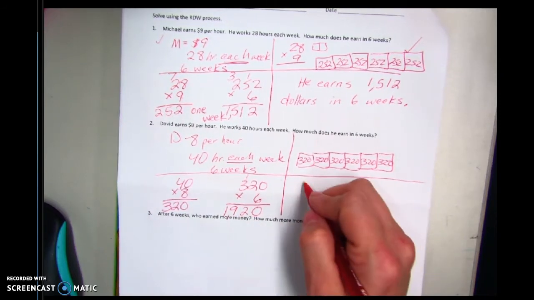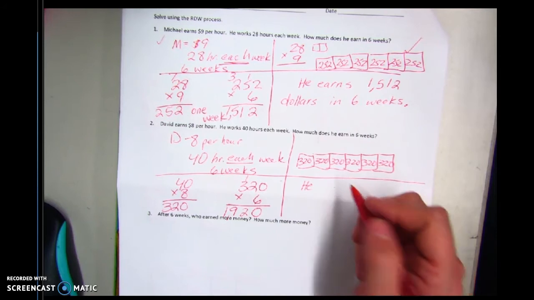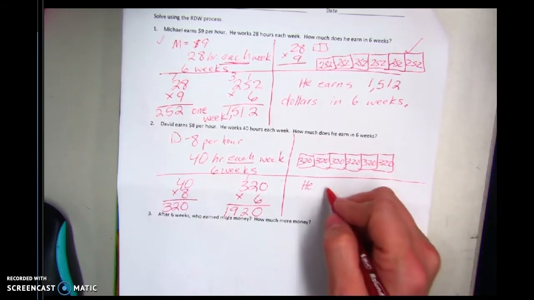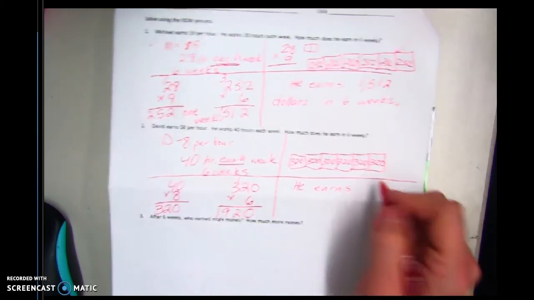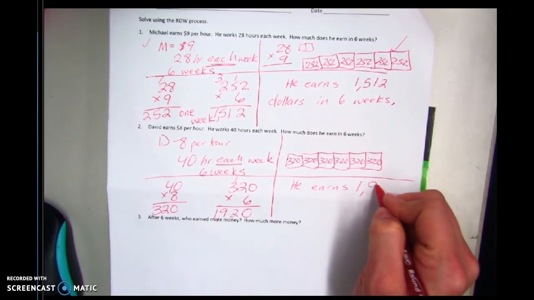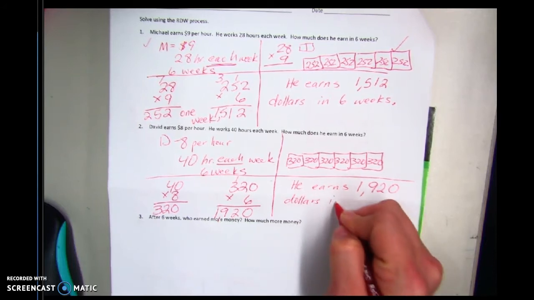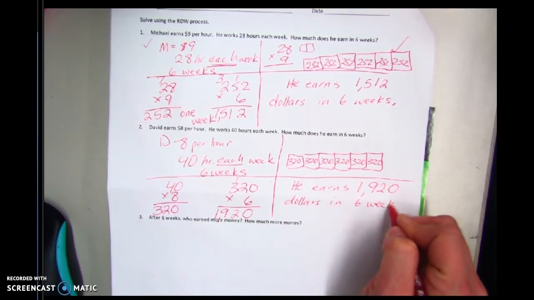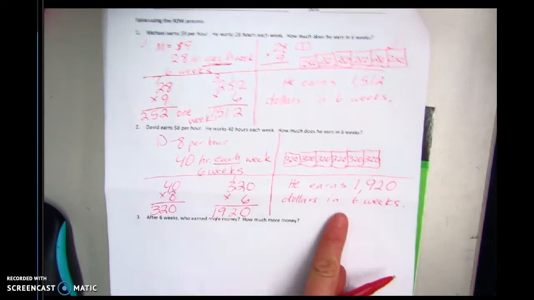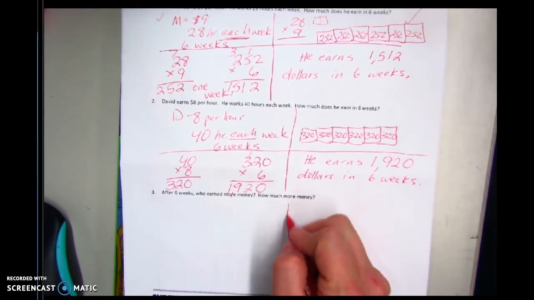Now, in my statement, he, who is he? David. Could I use his name? Yes. He earns $1,920 in 6 weeks. Now, what's nice about these statements is it does help you when you get down to the